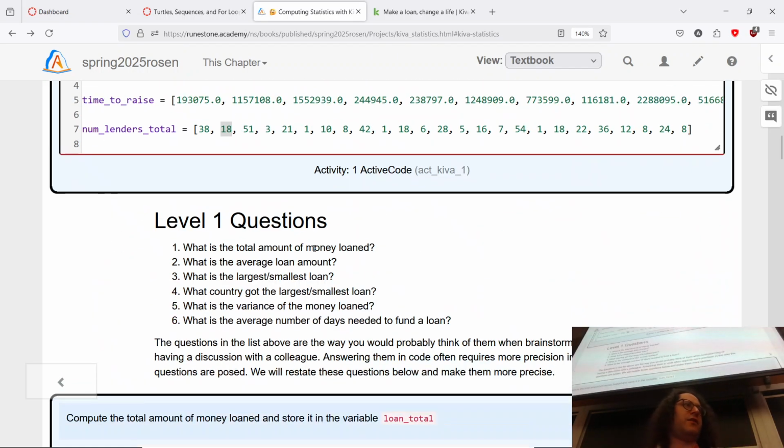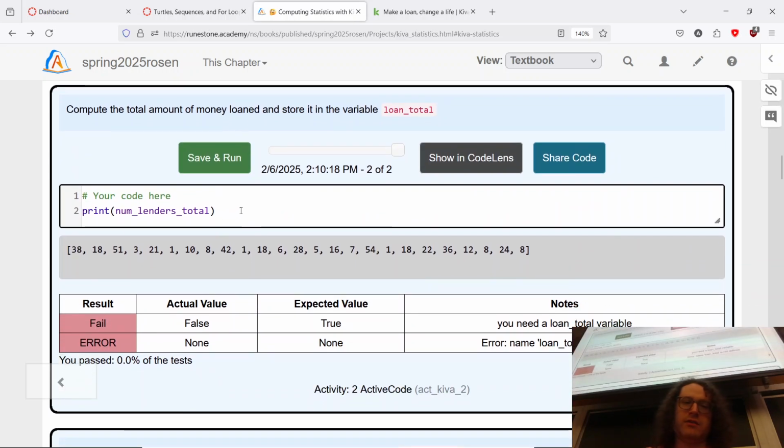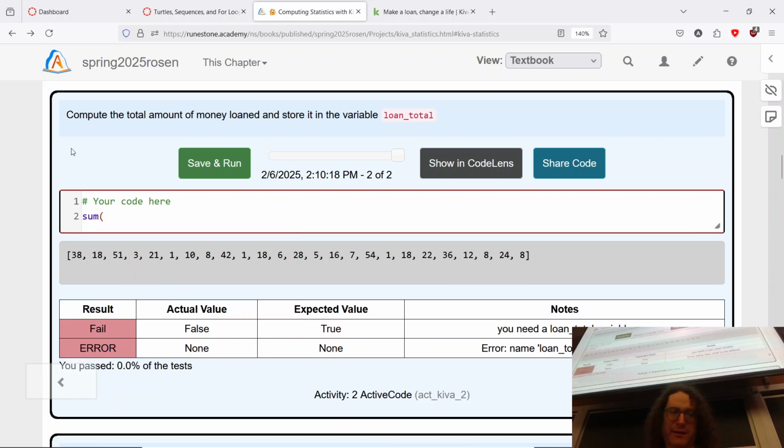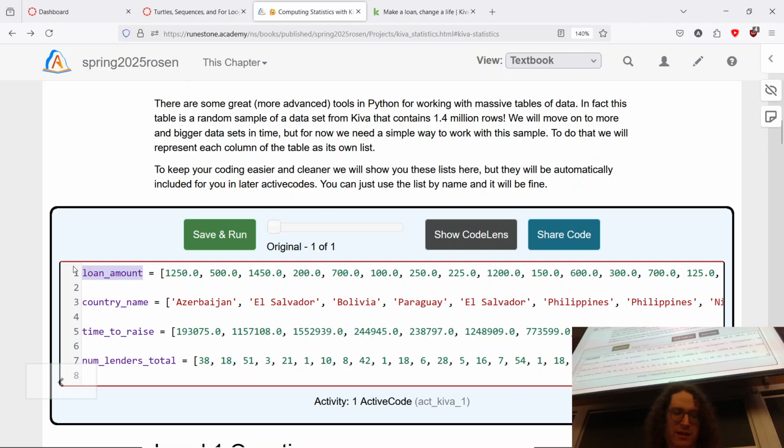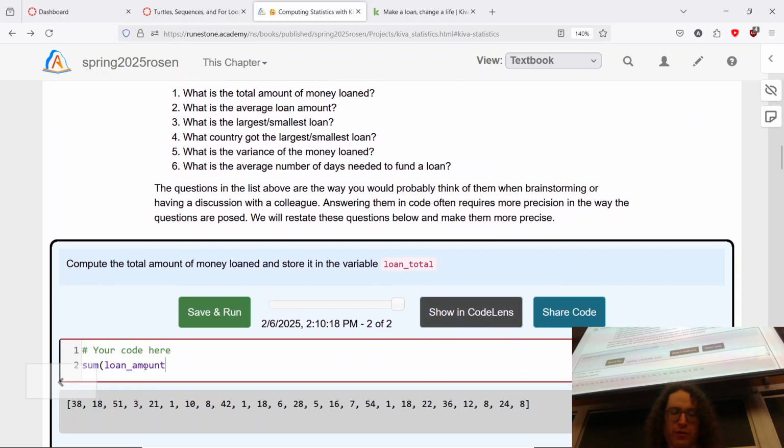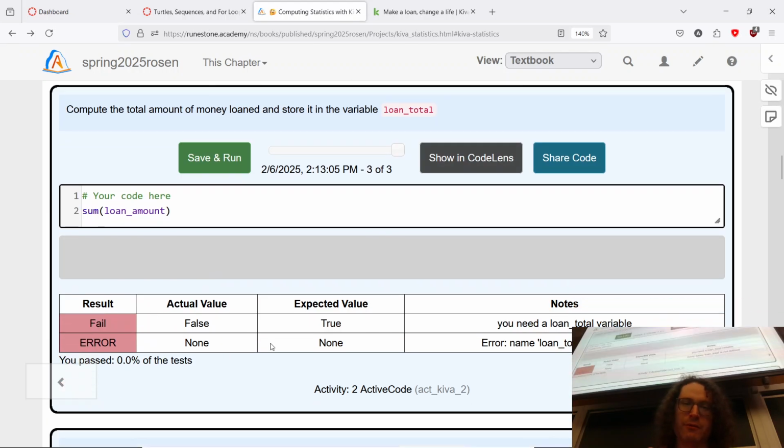So we're going to try to answer some very, very basic questions in the grand scheme of things in terms of what the data can tell us. So the first question is, what is the total amount of money loaned? For this, we'll need to use a for loop. I mean, actually, technically, you don't need to use a for loop because you can do stuff like sum. And that's built into Python. Like, for instance, sum of loan amount will give you the total amount of money that has been raised over those 50, but it will yell at us,